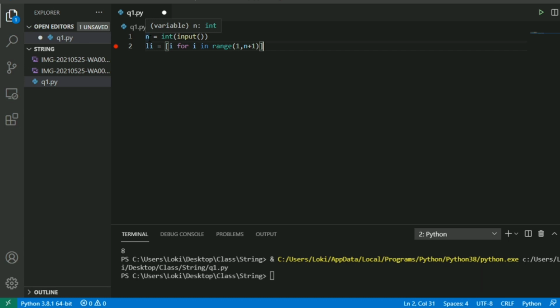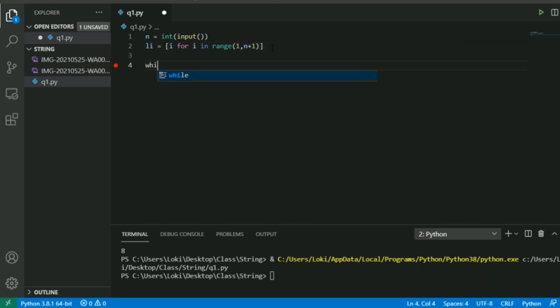If I enter the n value as 4, you already know what this for loop does. This for loop will run from 1 to 5. The i value which is coming out of the for loop in each and every iteration, during the first iteration i value will be 1, so I am adding that i value to this list. In the second iteration i value will be 2 and I am adding that i value to this list. So after this for loop ends, I will be left with 1 2 3 and 4 inside this list. So this is how this line of code is working.